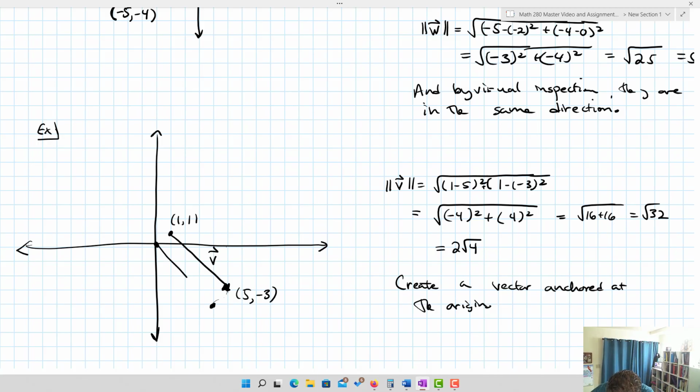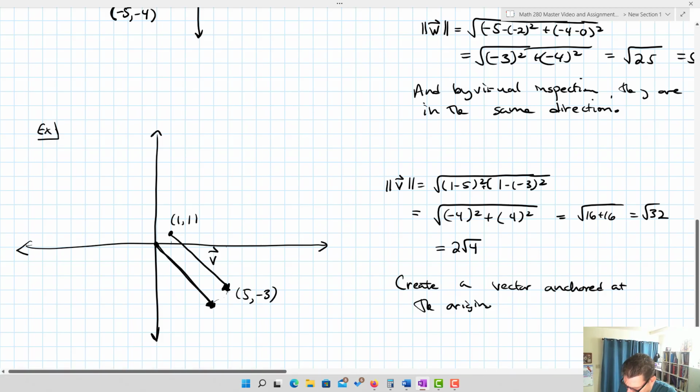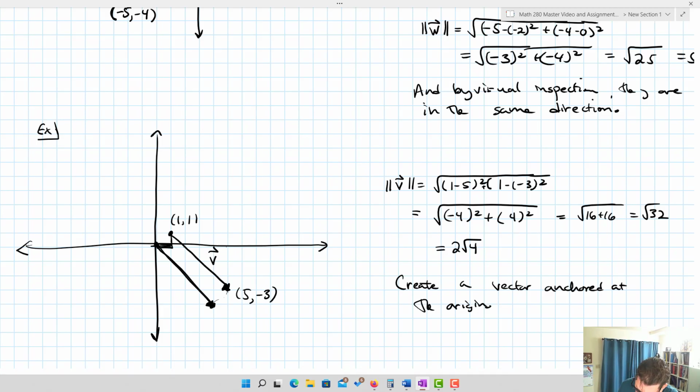Let's imagine instead that we generate another vector anchored at the origin. So now that's our other vector anchored at the origin. And you can go in and check. Basically, what I did was I went down 1 over 1, okay, down 1 over 1 in order to get to the origin, and I did the same thing with the terminal point. I went down 1 over 1 with the terminal point. If you want, you can go in and check that a vector that goes from (0, 0) to (4, -4)